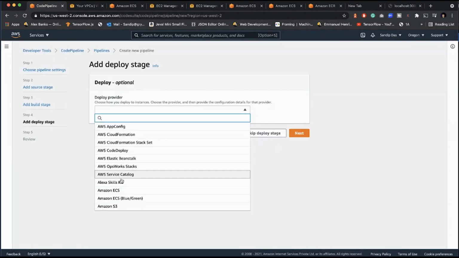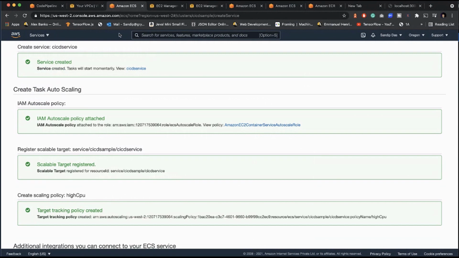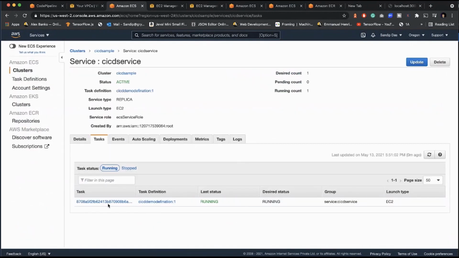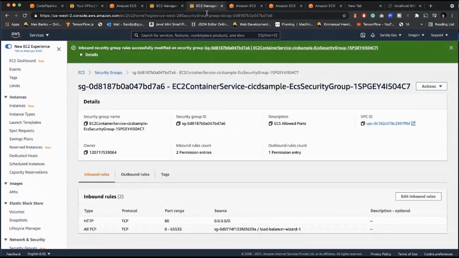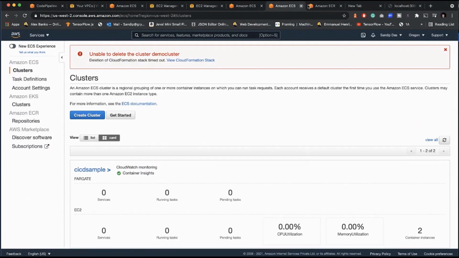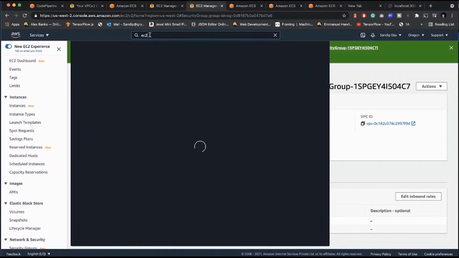Like if you click on AWS ECS, and then search for the cluster name, you can do it this way, or you can do it that way. Let's wait for this to deploy first. Let's say view service, and the task is running. We can access the task via the load balancer itself. So let's go to EC2.